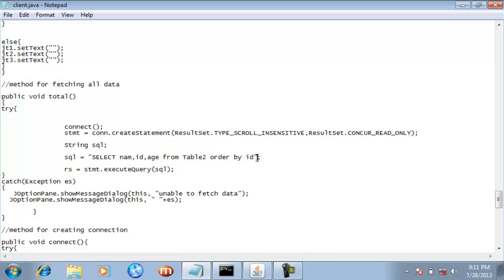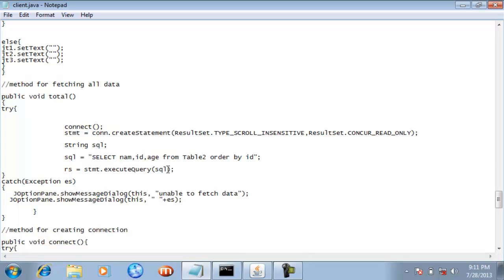It means we are fetching all the records from table 2, and all the records should be arranged in ascending order of the ID value. Means the record with the lower ID value is displayed first, then the second record is displayed whose ID value is more than the first record. Whatever rows are displayed will be in ascending order of this ID value which exists inside table 2.